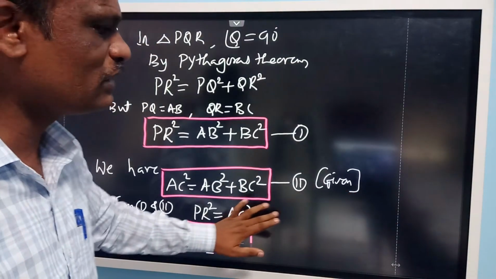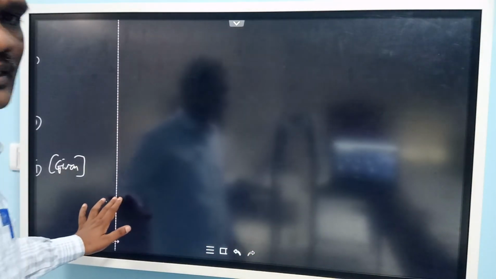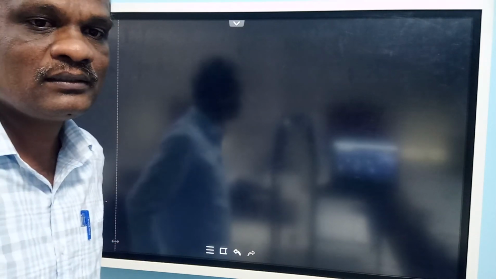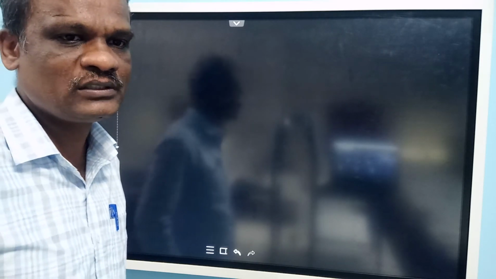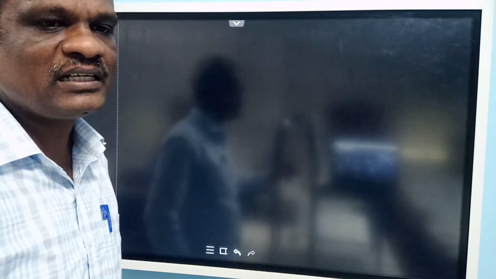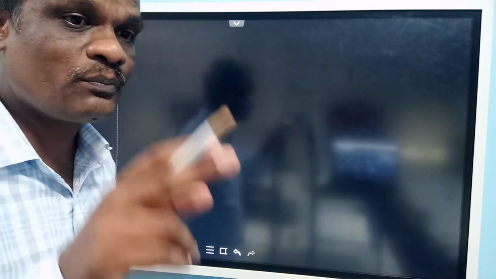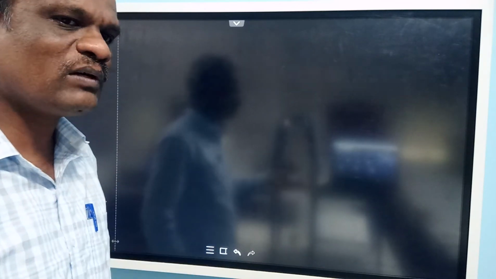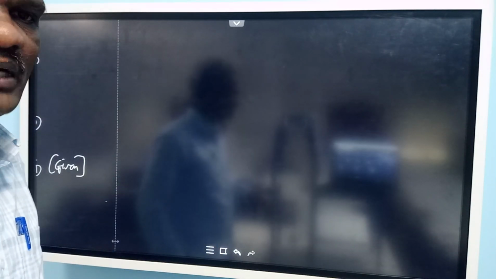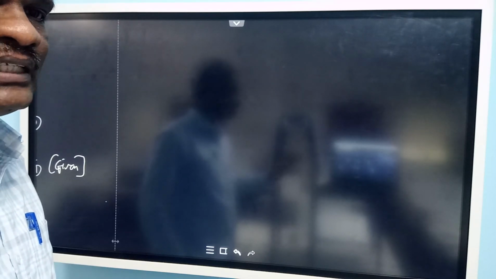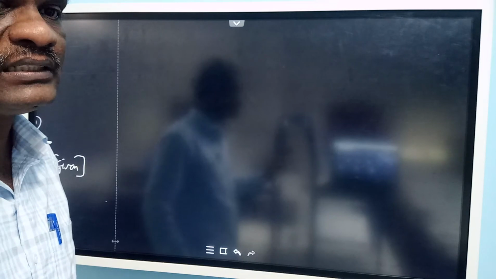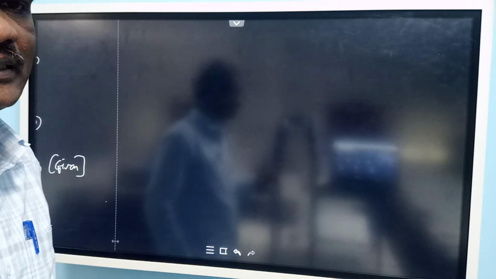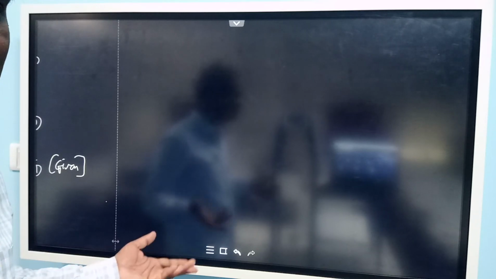Similar. If sides are equal, what can you call them? SSS rule. What is that? SSS rule. Similar or congruent? Congruent. If sides are not equal, we are not calling them similar. If sides are proportional, then we say they are similar. If sides are equal, naturally it becomes similar also, but similarity means only proportionality is enough. For congruency, we need equality between the sides. We have proved that all three sides of ABC are equal to PQR.